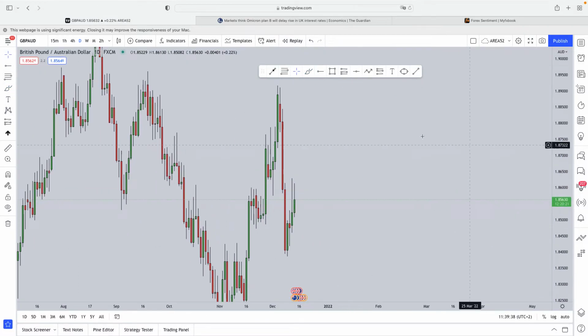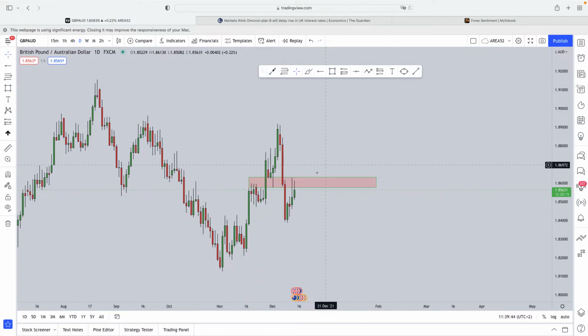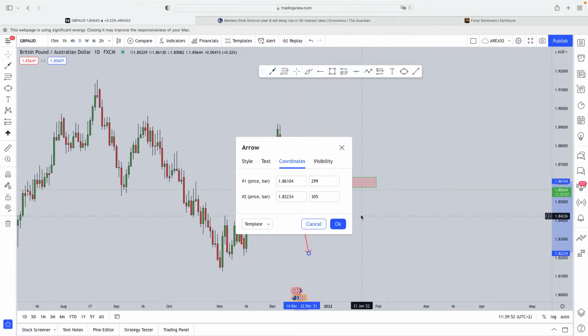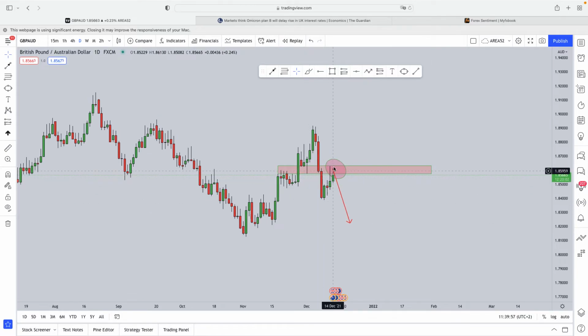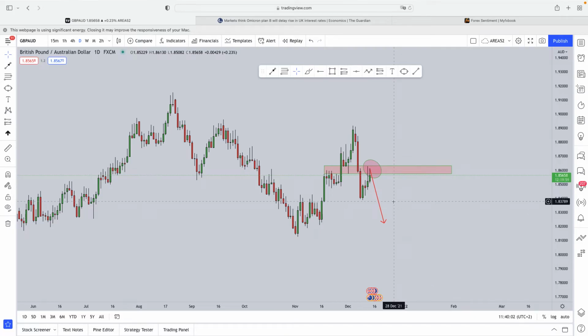Now the best way to approach the situation from a daily perspective is you always want to wait for some proper confirmation over here. Now the best way I'm going to approach the situation is I'm going to wait for the market to provide me some sort of a confirmation, because looking at the daily we can see we're still quite bullish. So I'm going to wait for the market to provide me some sort of bearish confirmation